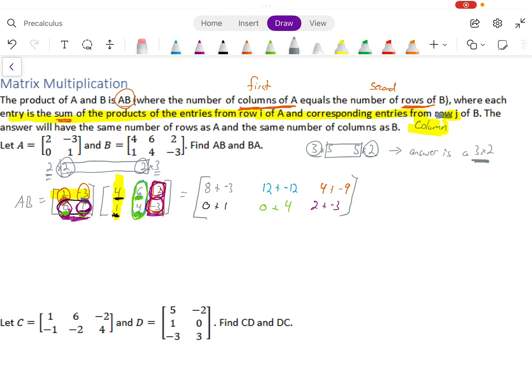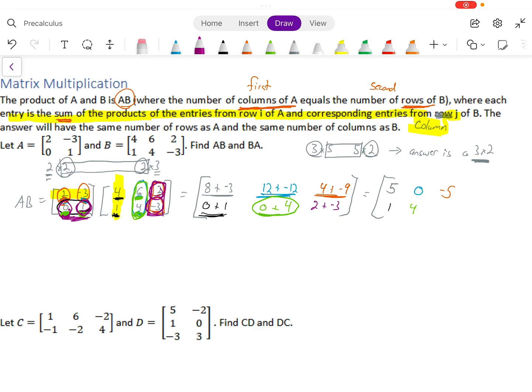And then we need to write our answer. So 8 plus -3 is 5. 12 plus -12 is 0. 4 plus -9 is -5. 0 plus 1 is 1. 0 plus 4 is 4. And